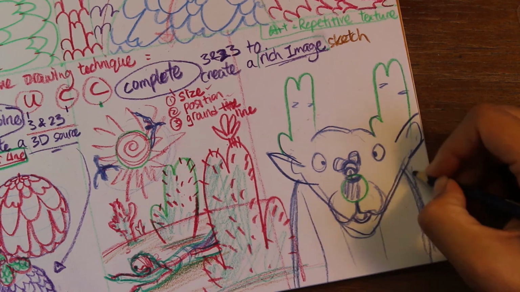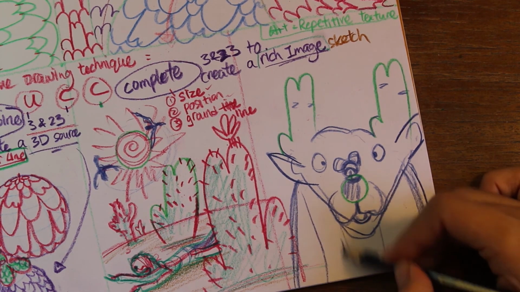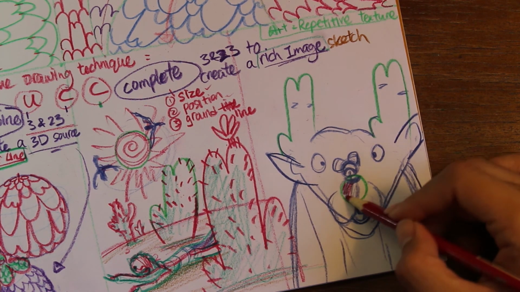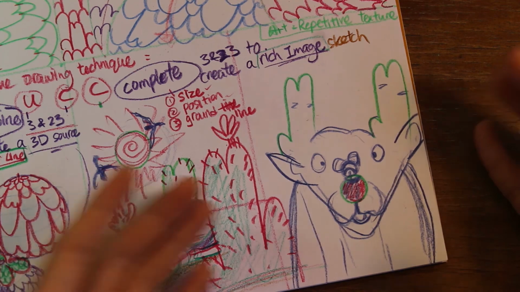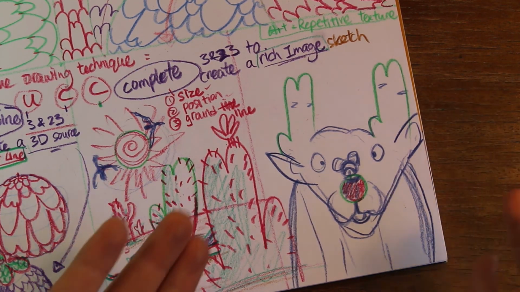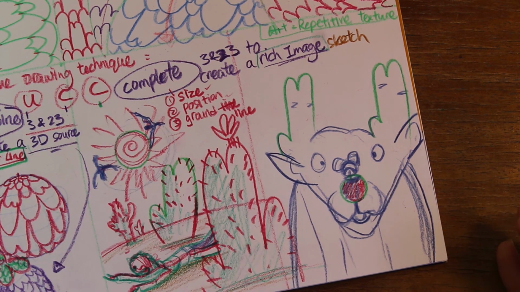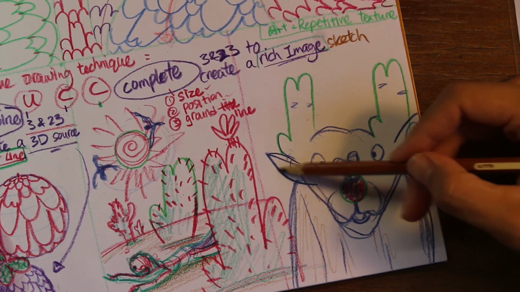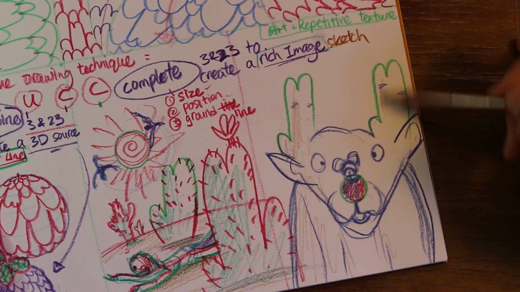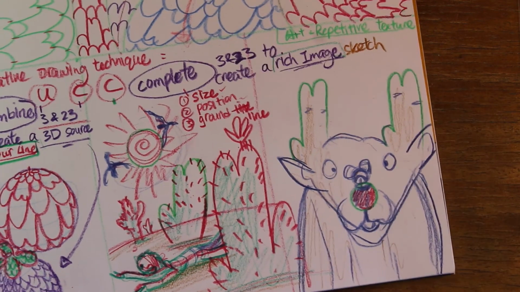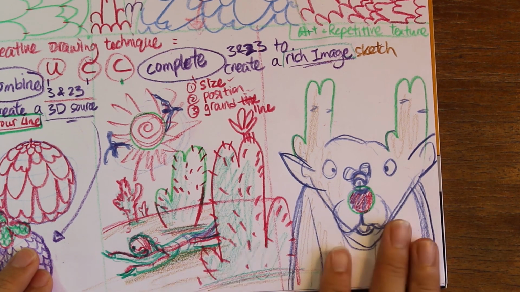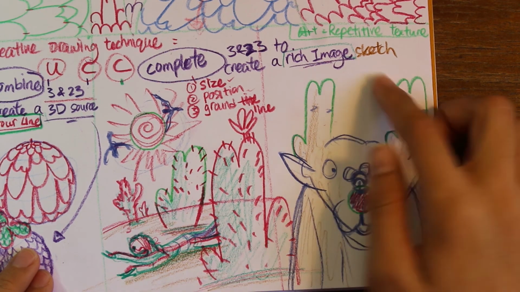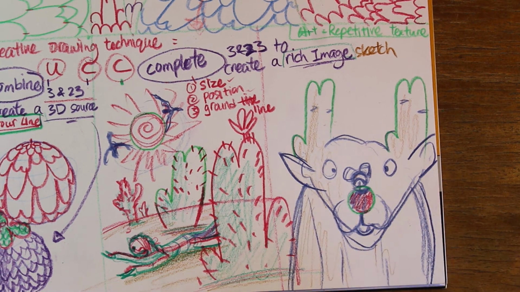So you can just create your own idea. Okay. Complete it with, okay, a red nose. Complete it with the given 3 and 2, 3. Okay, go and try it out. After you're done with these two, complete the 3 and 2, 3 to create a rich image sketch. Next thing, I want you to choose one